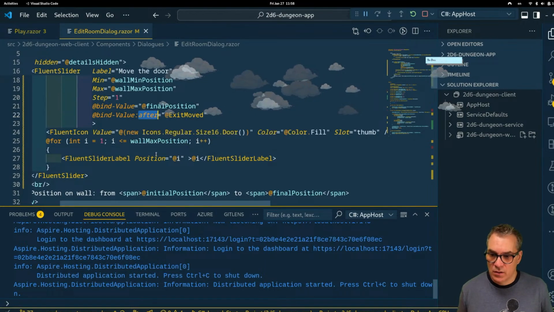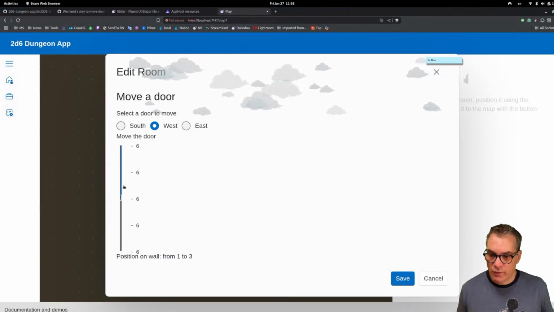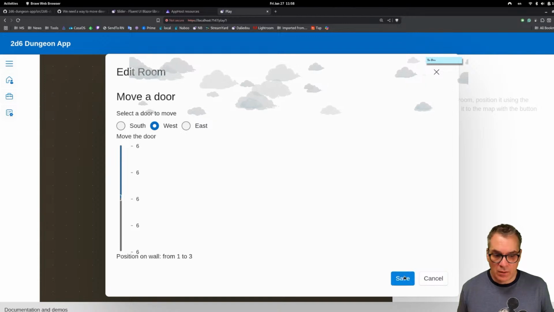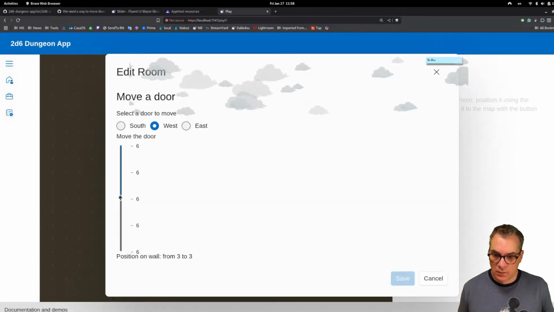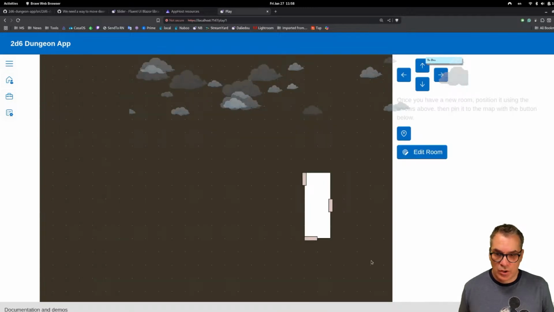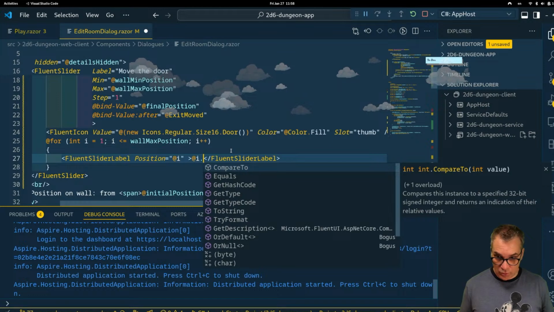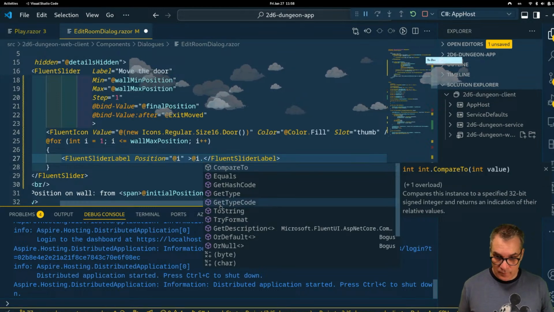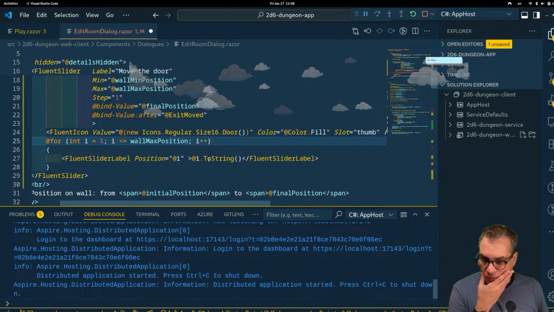Oh, because it changed? So if I move it to the middle, it did work. So it's just the layout. Okay, so maybe I need to do something like toString. Feels wrong doing that though, but